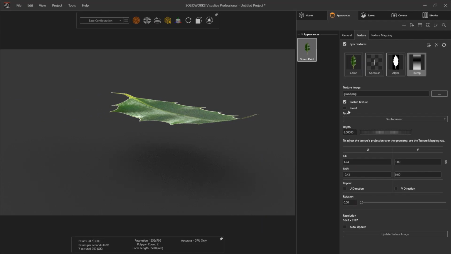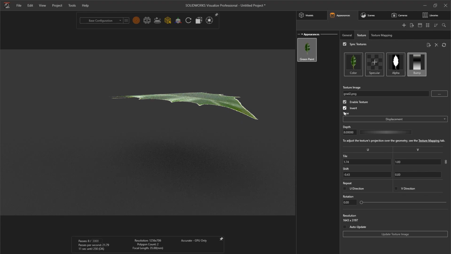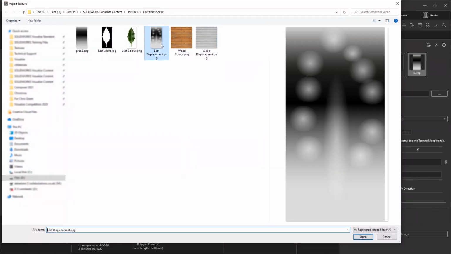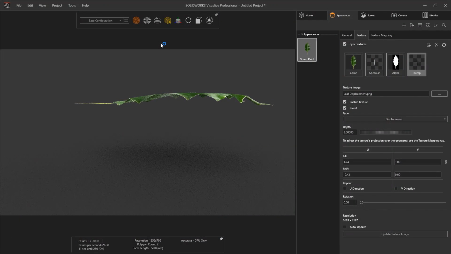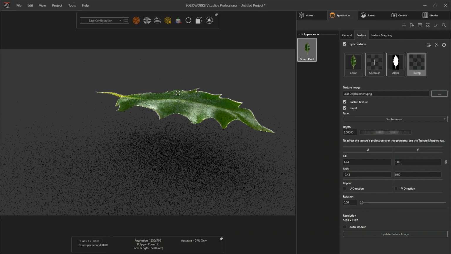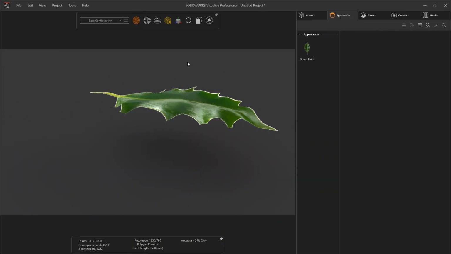You can now see the leaf bending, with white bits of the displacement map being pushed down and the black bit of the map being brought up. However, I also want the sharp points in the leaf to go down slightly, as well as the middle section, and therefore I will change my displacement map for one I have added white dots and a white centre line, so the leaf is a little bit more wavy.